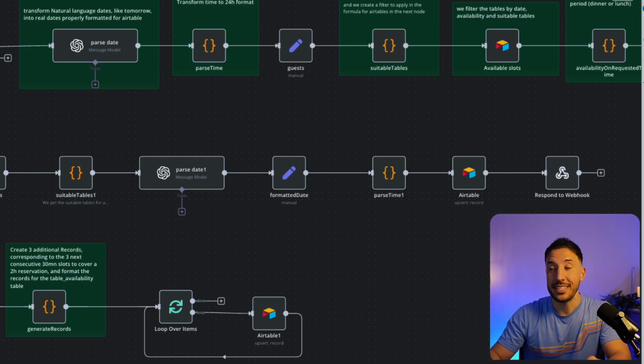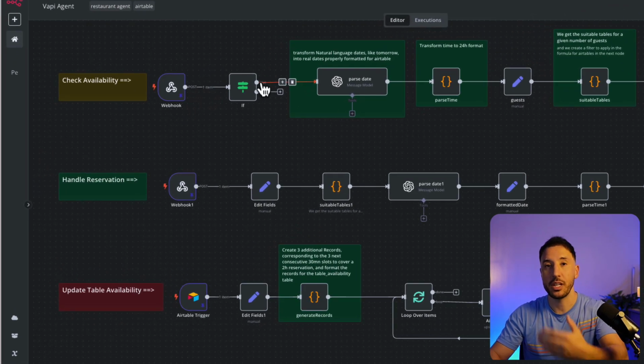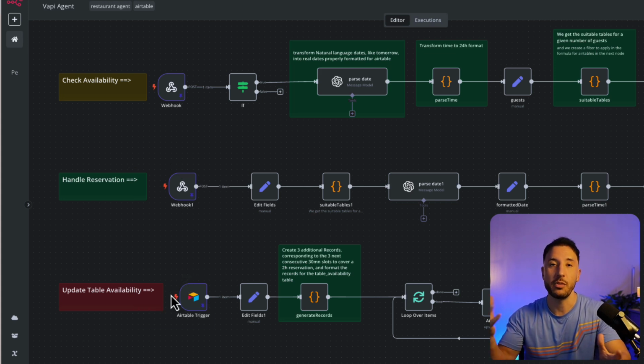This automation consists of 3 separate workflows. One to check the availability of the tables when the customer interacts with the voice agent. The second one to handle the reservation, and the third one is to update table availability based on the reservation that just occurred. Again, this is going to be a very complex reservation AI agent because it's capable of handling